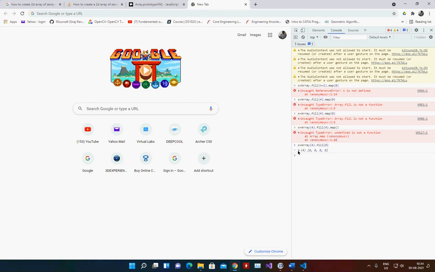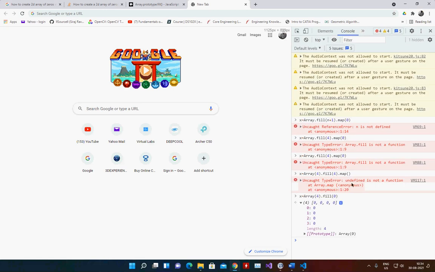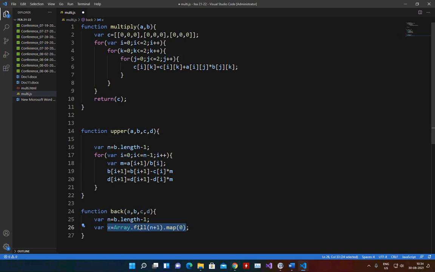In this way I create basically arrays of 0. You could see here I created 1, 2, 3, 4 zeros. Each element is 0. So that is what I do. I create that many zeros basically.